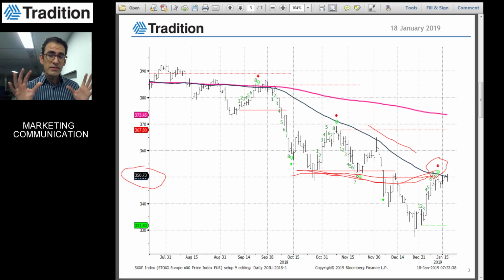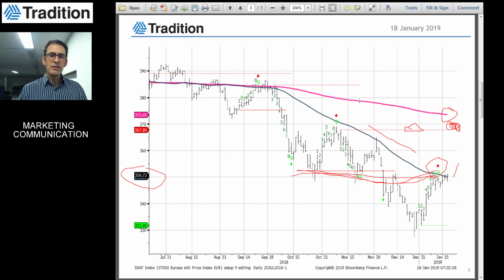This is obviously a sign of strength in the short term, and an indication that the market is pretty strong, especially given the news we had on Brexit. And it shows that probably the market is due to go higher. I remind you that the ideal target I have for this technical bounce is a bit higher, around 370. So 370 is this line, which is called the TDST resistance line, and this one is the 200-day moving average.